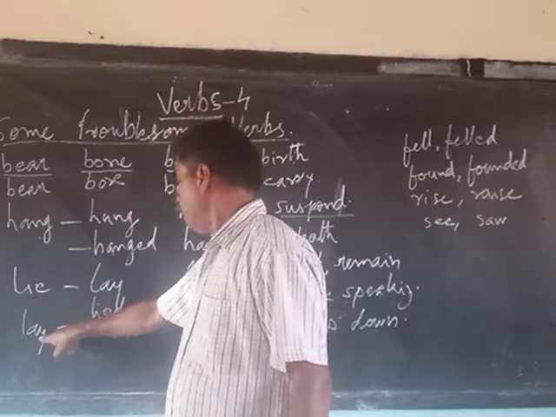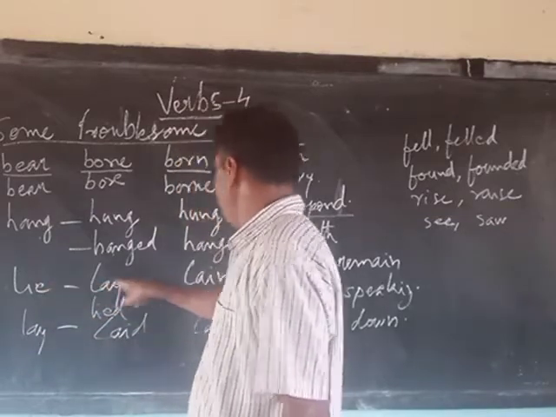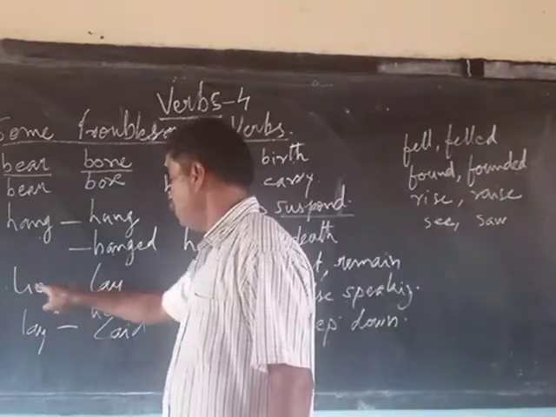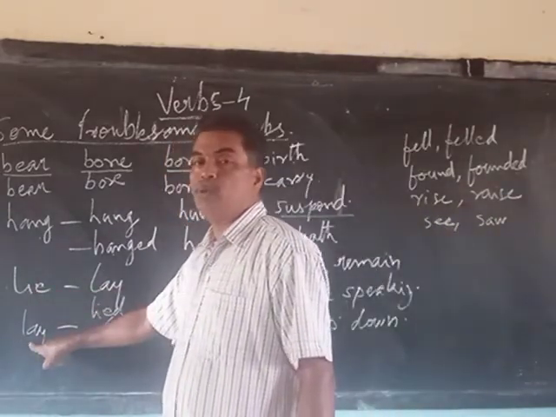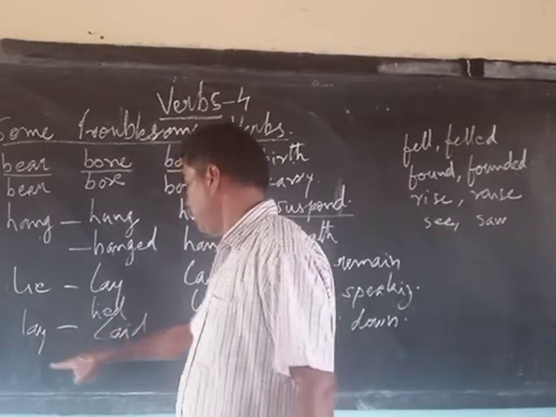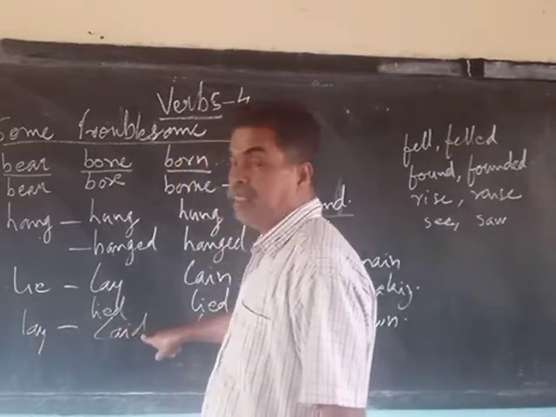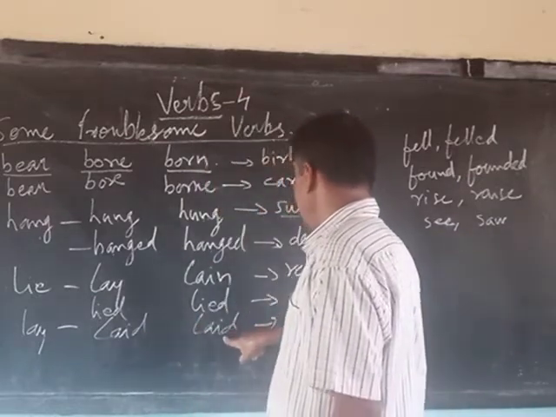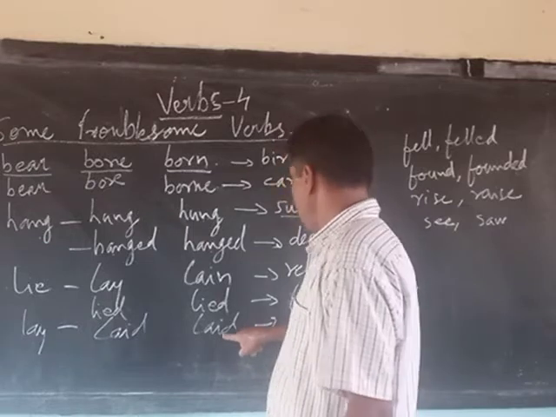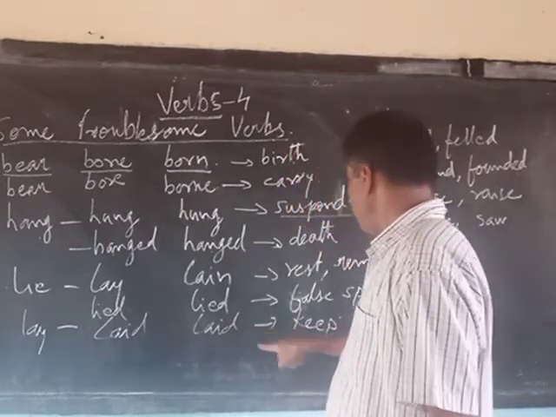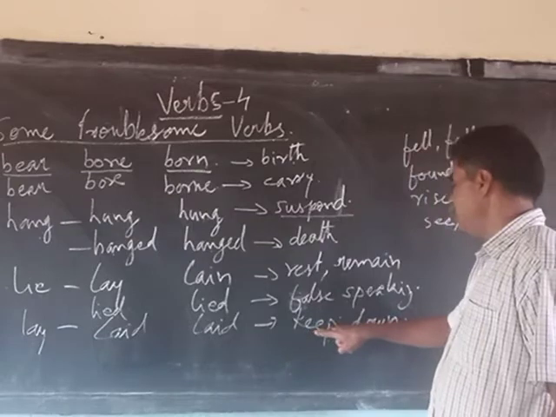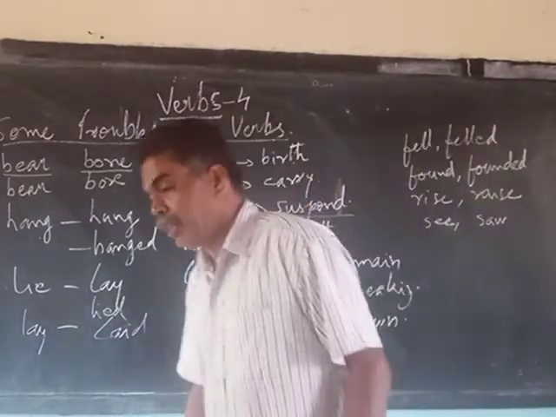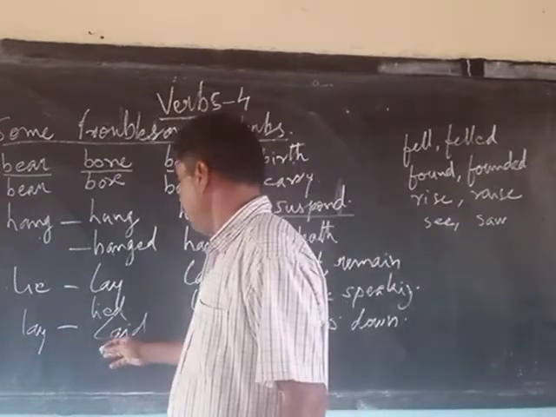Then you have L-A-Y, the past tense of L-I-E, where it is related to rest or remain quiet. The past tense of that is another root to form the V1 form of the verb, L-A-Y, and L-A-I-D is the past tense. L-A-I-D is the past participle also, and it is about keeping down something quietly. He laid